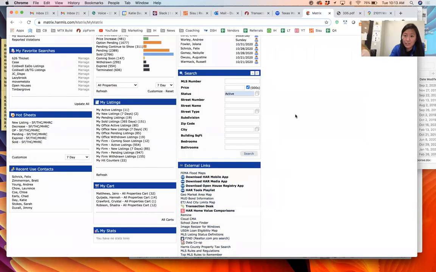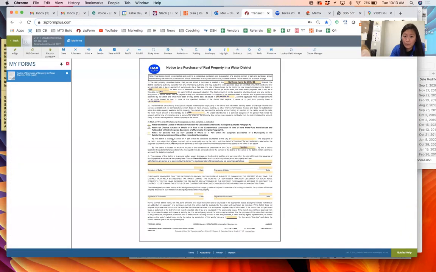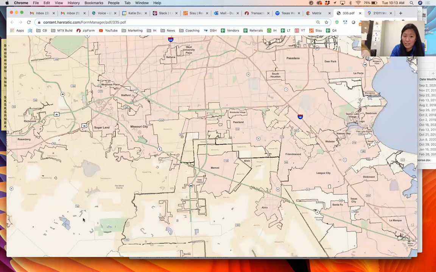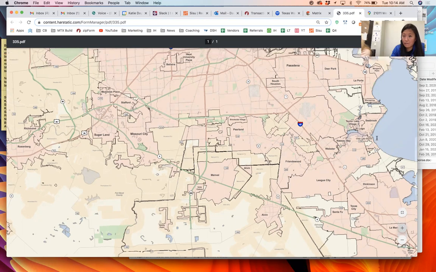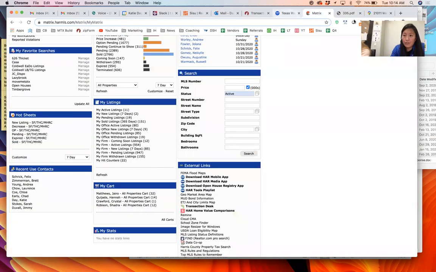And then section 3 of the form, if it's outside of city limits and outside of ETJ, is the light yellowish color. And that means that it's like, yeah, Galveston County, whatever else it may be. Okay. The final thing that you need to do on this